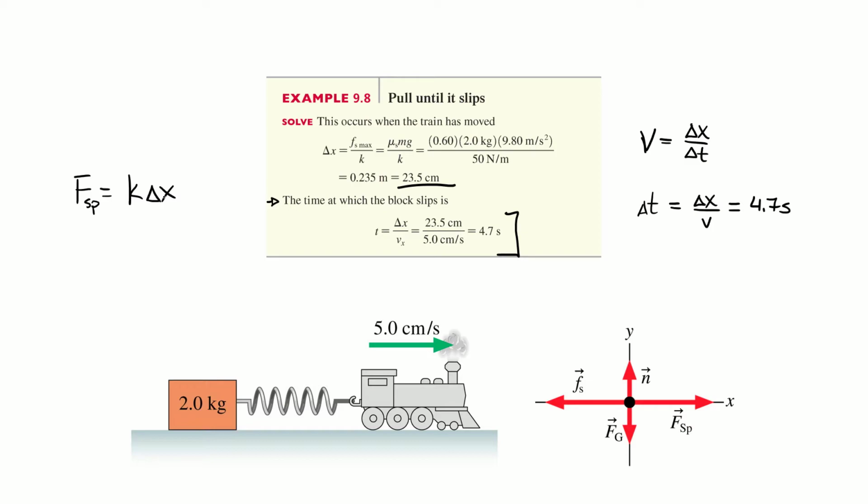What does this have to do with work? Well, I like this problem mostly because I think it's kind of a BS problem, right? For this train to be moving at a constant speed like this, it needs to have a net force of 0. So all of the forces acting on this train would have to be balanced, but we know the force due to the spring is changing. As it moves, the spring is stretching more and more. So that force is going to be different.